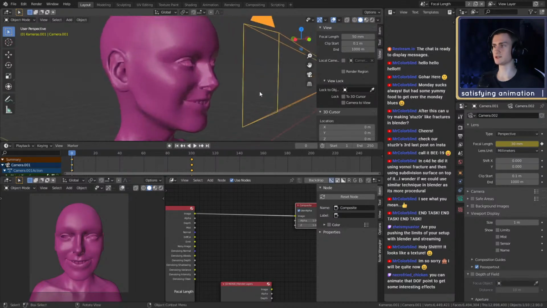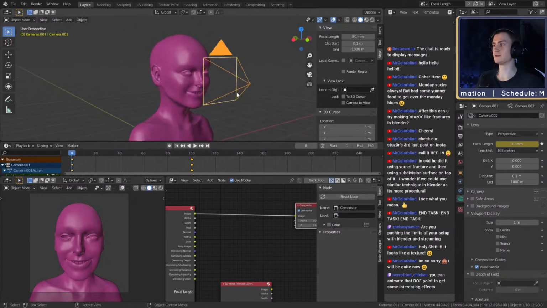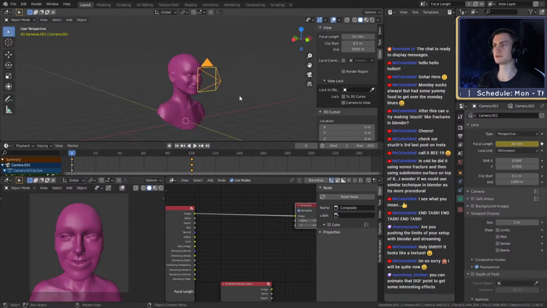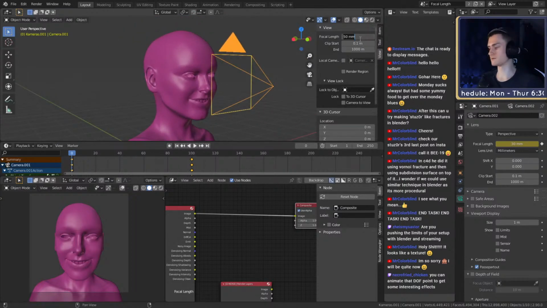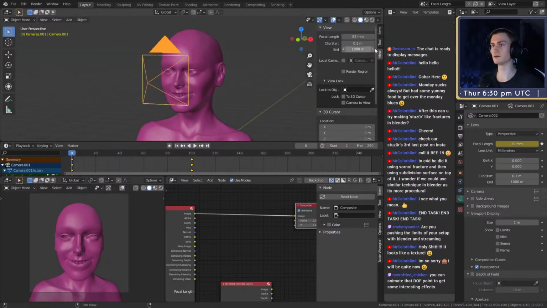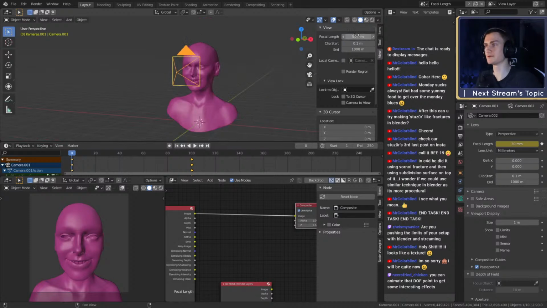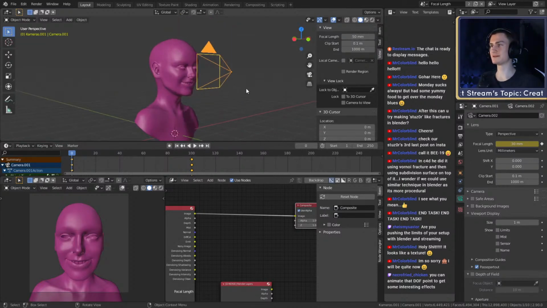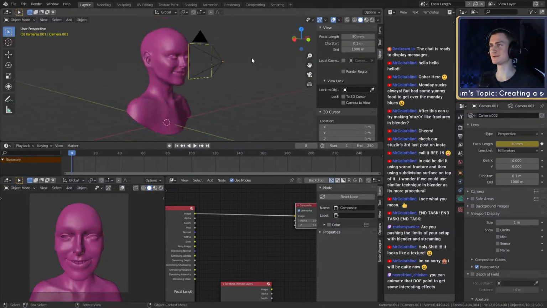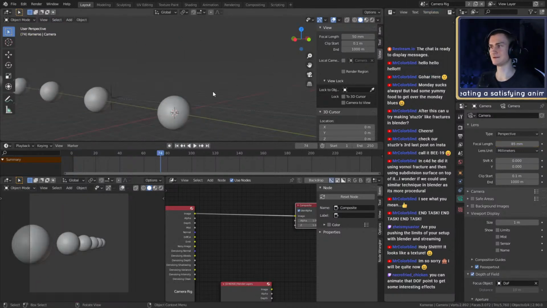I just got used to using the focal length of 50, so I just keep it at 50. You can of course change yours if you think you can work better with 85, for example. 85 is usually the focal length you use for portraits, but that's up to you. So those are the 5 tips I would have loved to know when I started Blender. Let's recap, and then I can do my recording.